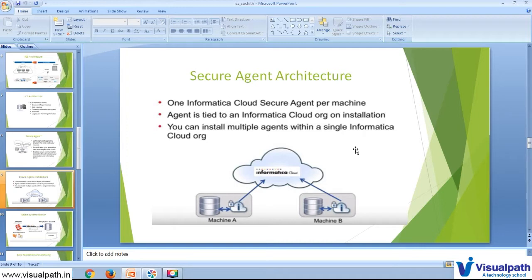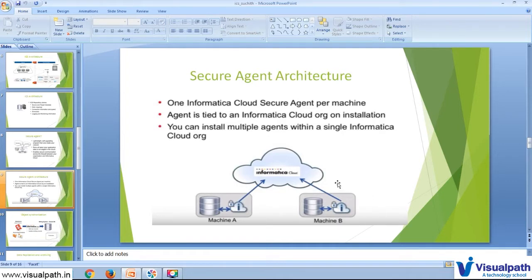For example, we have a file called ABC on agent A. Whenever the job runs from secure agent A, it will access this ABC file and run fine. If at a particular time the secure agent goes down, the load will be sent to agent B, but if the ABC file is not available on machine B, the job will fail.